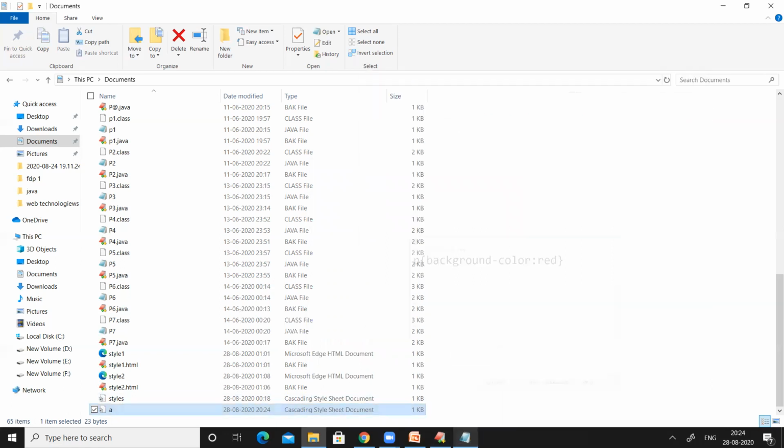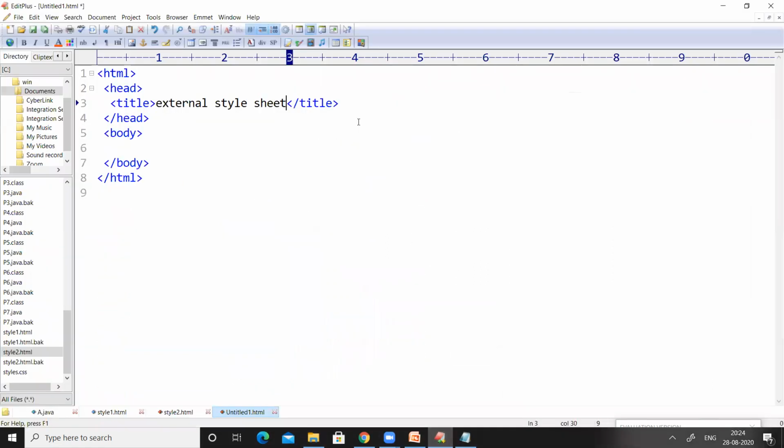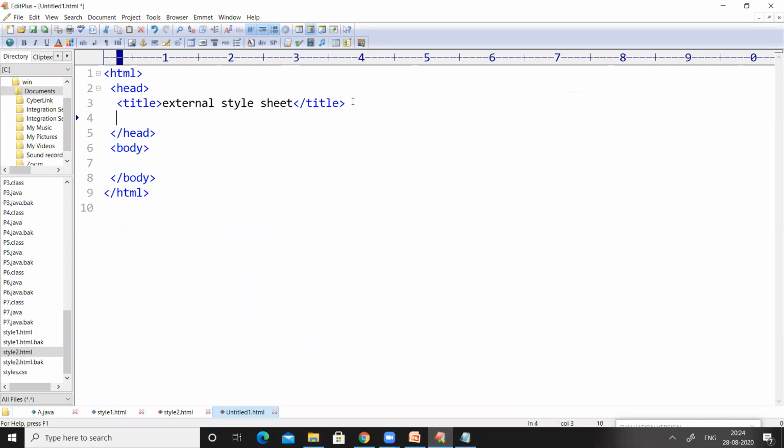And let us work with the HTML document. As I said earlier, if we want to use external CSS in our program, we have to use a tag called link tag, and the link tag should be used within the head section, right? For that link tag, we have to use one attribute called href attribute.